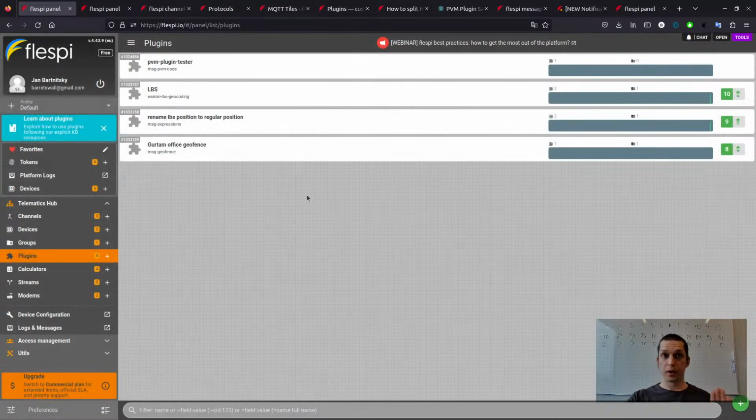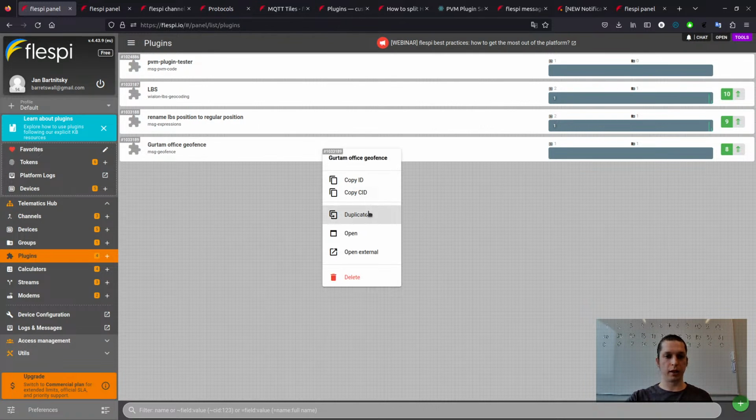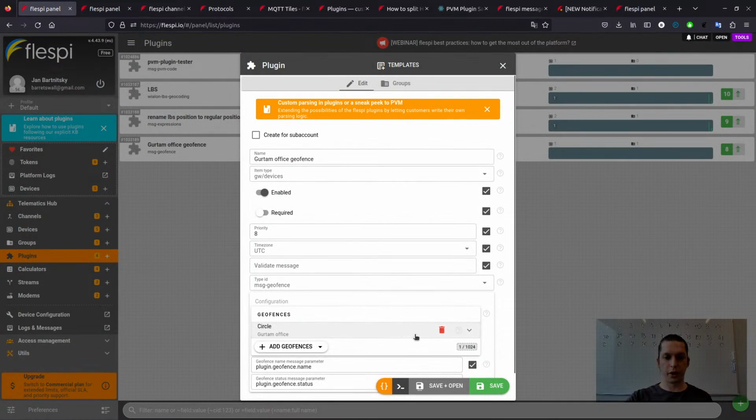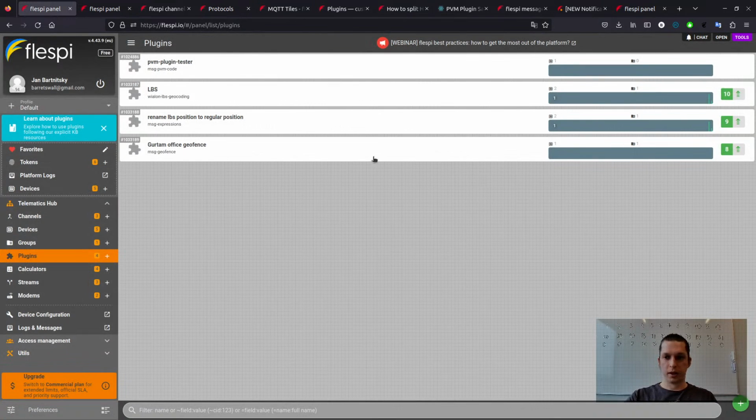There are some other ways to do it. For example, right button click is not only used in the logs and messages tab. You may right-click here, for example. You just need to duplicate this plugin. So just right-click and click here, and the same window will open where you can edit it. Okay, and this plugin is based on position, so its priority is even lower than the second plugin that we used.